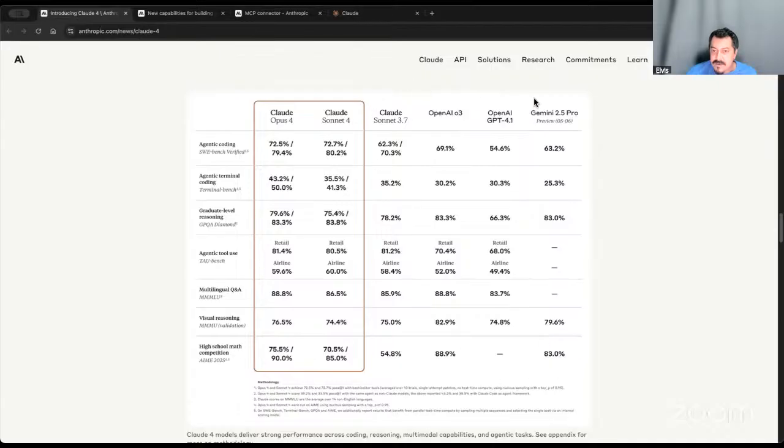But yeah, I wouldn't even talk about how it compares to these other models. But if you want to look at it, this one would be interesting with the O tree because I think that's the most comparable one. At the end of the day, in my opinion, Claude is usually the better model for coding, but I think OpenAI and in particular Gemini 2.5 Pro have really caught up with Claude in terms